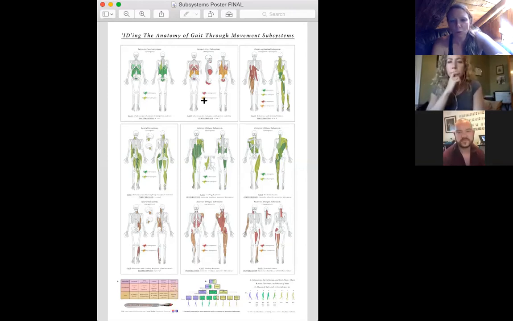It's a gorgeous, gorgeous poster. It hangs up in my office here. We're so proud of it. And we think it's a product that you will use every day to look at relationships, to study relationships around the abdominal lumbar pelvis. And if you are interested in gait, which I'm hoping that you are, this is the way to understand gait. It's the only way to understand gait, is to study these subsystems and to really understand